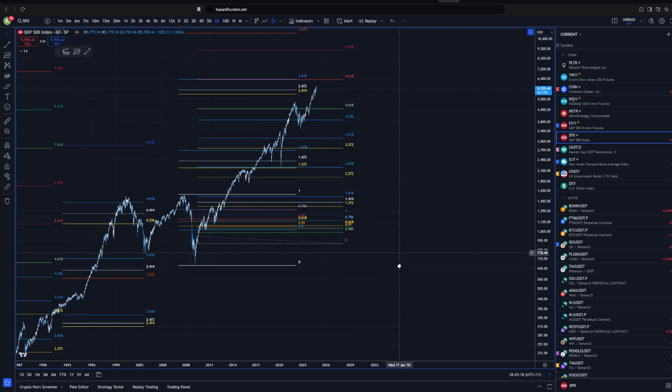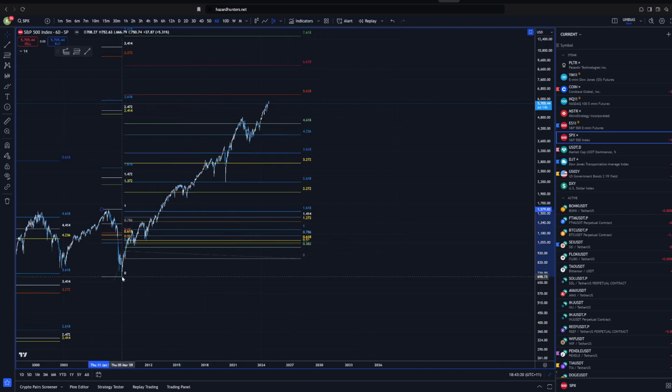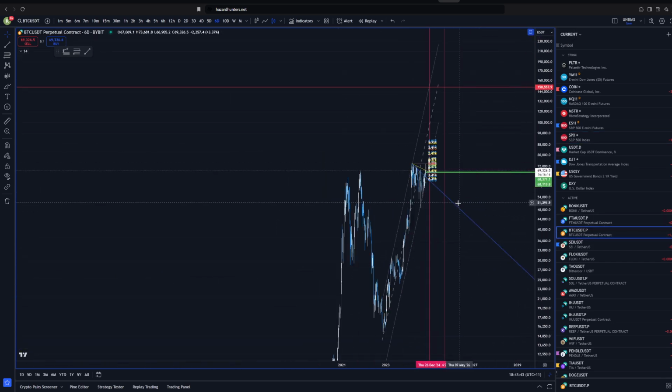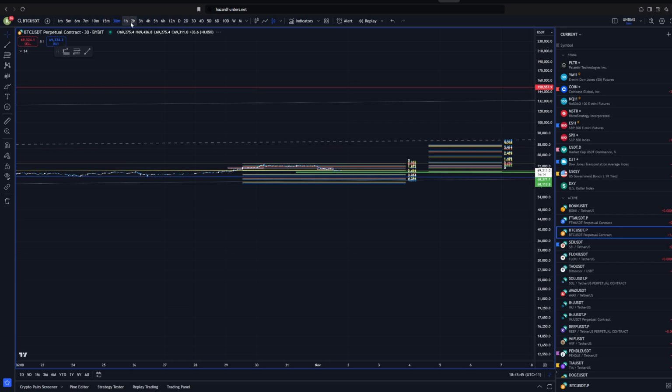And now we have a 2618 level, a significant level, which has not been tapped yet. We're just under it, right? I still think we have a little bit more to the upside before the market really has problems. Yeah, some things to consider here. Hopefully that gives you my current outlook on the market. If we start breaking down,